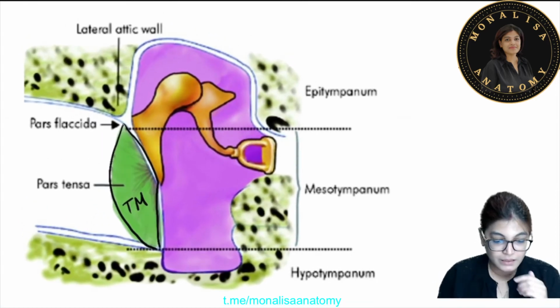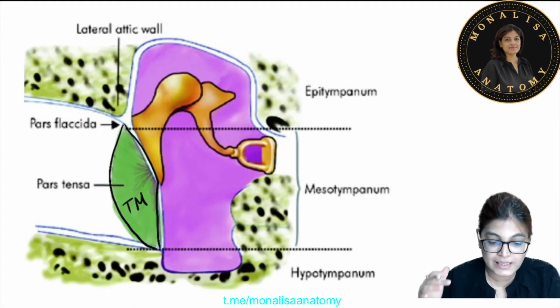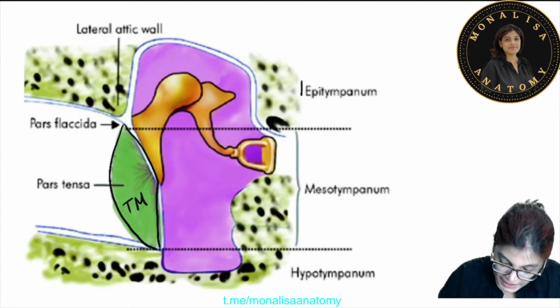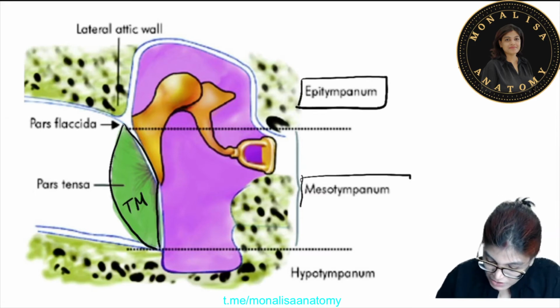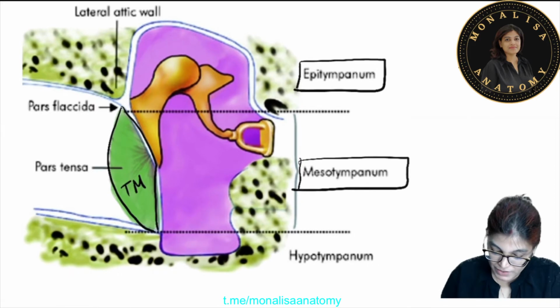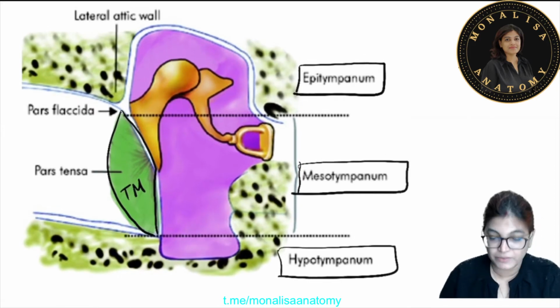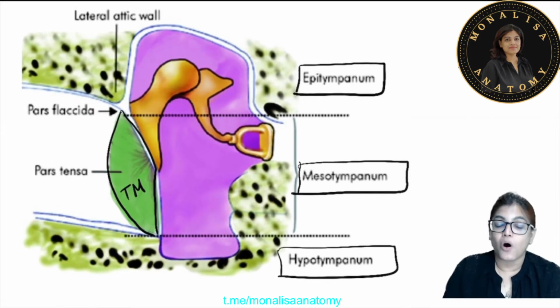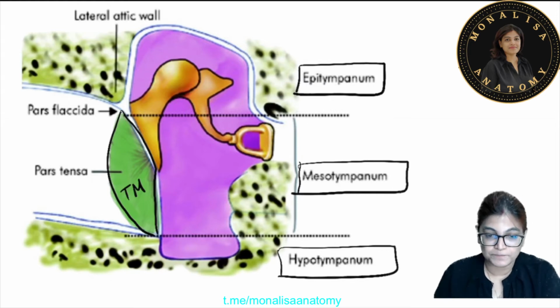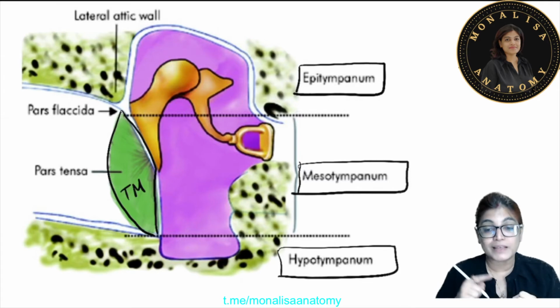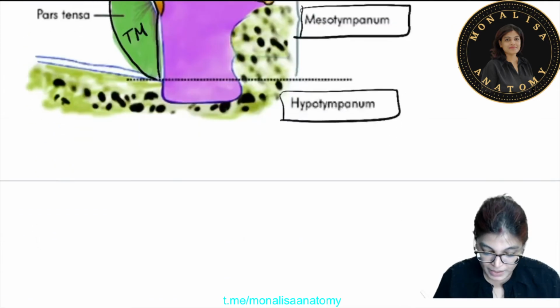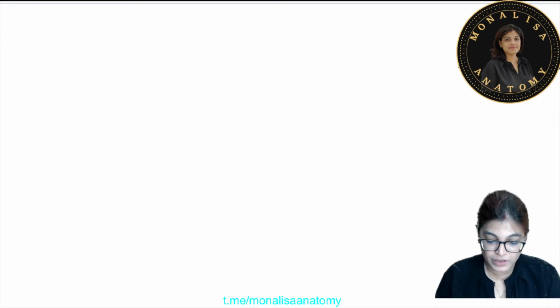The part of the middle ear cavity which is lying above this is called the epitympanum. The part lying just opposite to it is the mesotympanum, and the part of the middle ear cavity which is lying below it is called the hypotympanum, in respect to the tympanic membrane or eardrum, which is forming the lateral end of the middle ear cavity. Now I want to describe the important contents of these 3 parts, that is epitympanum, mesotympanum, and hypotympanum. We have seen already the division. So write down the heading.